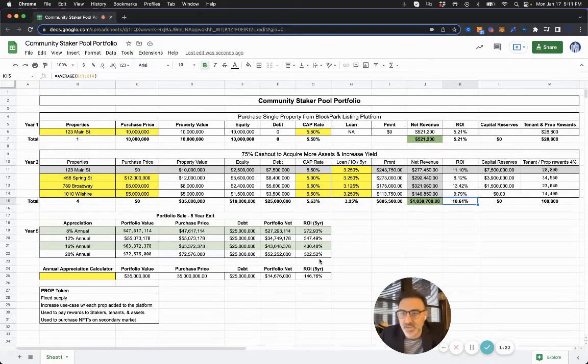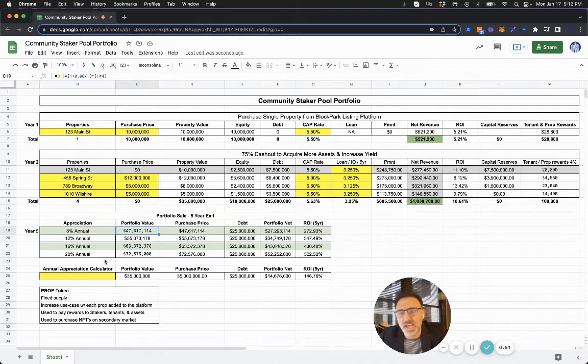And now the appreciation table right here, I just wrote out there. So it's 8% would give us, we've only invested this originally $10 million. That's it. So at 8% annual appreciation, our portfolio value and 5-year exit plan would be $47.6 million. That would be a portfolio net of $27,293,000. And that's a return of 272%